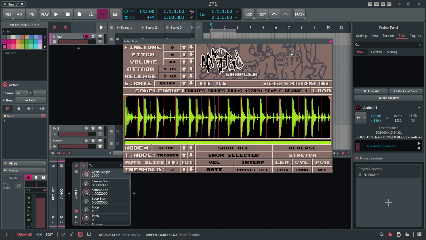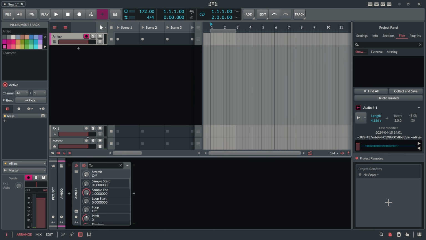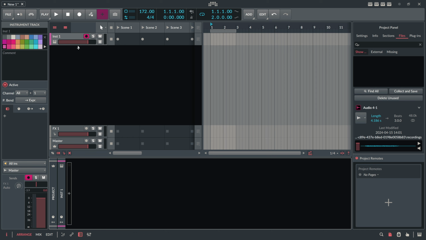Okay, so maybe reduce the bitrate for a moment. Stretch off. So you can create a sound basically. That's the point of this. So how do we fake this now in Bitwig Studio? And we can fake this in multiple ways. So the first idea would be to just take,